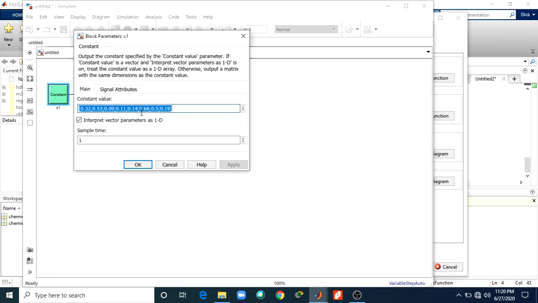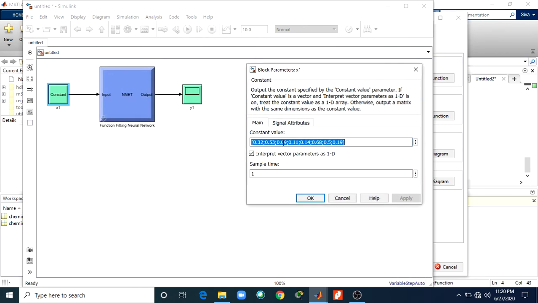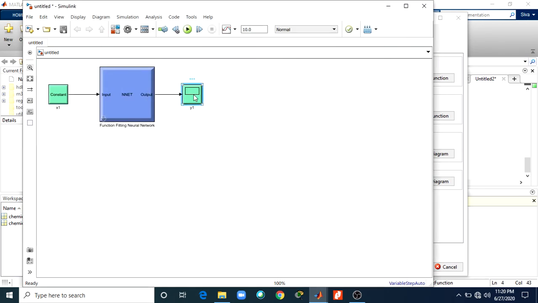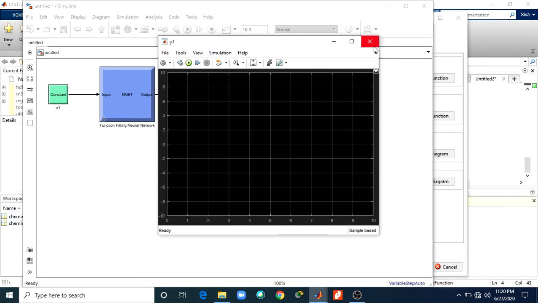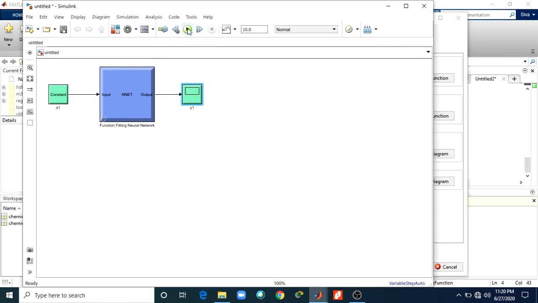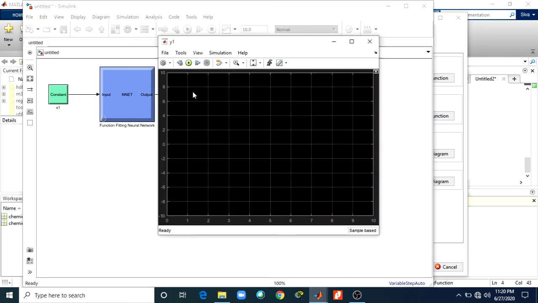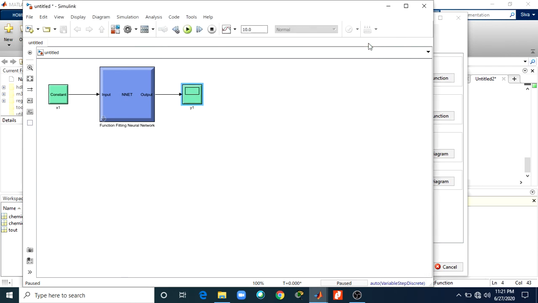Here this is your constant. Whatever constant value you give, the test vector input values are shown here. Here you can choose; you can change the value. If you click run, you will get the output. This is the run button. Here, not only with this function scope, you can also select the vector values,